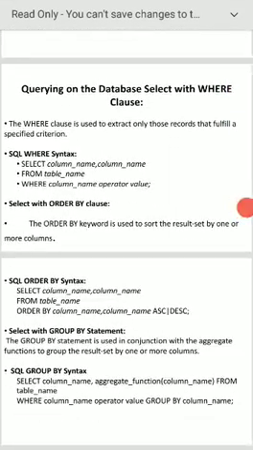Next, we'll pass on to querying the database: select with where clause. You know what is the purpose of the where clause? It is used to extract only those records based on the conditions. You can give any conditions. Suppose simply if you select, it will display all the records that exist in the database.